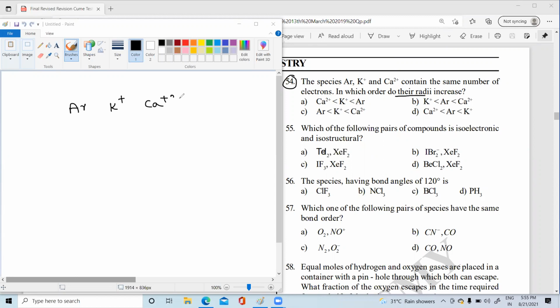As we know very well, for the isoelectronic series we have to check the Z/E ratio, and we can check the positive charge also. If positive charge is more, it means size is less. So this is the order we can tell here. In which case is positive charge more? In calcium the positive charge is more, potassium is +1, and argon is 0 oxidation. So this is the size order, students. Let's check where it is. Argon should be greater, so option A is the correct one.